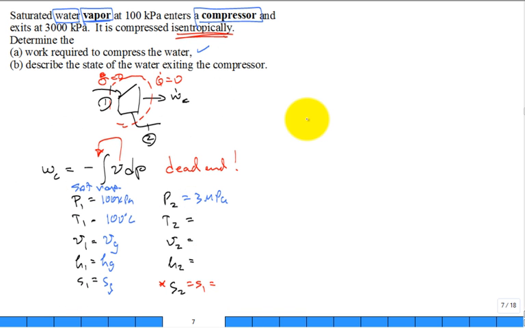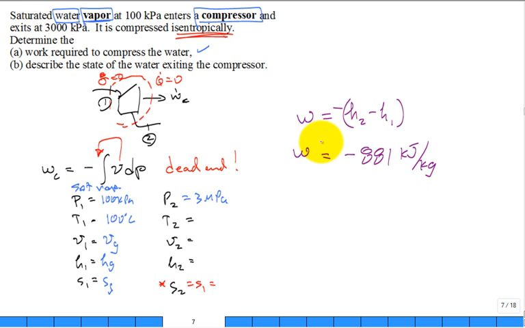So what we do is we go back and answer the question. We find that the work per unit mass, the specific work, is just going to be the exit enthalpy minus the inlet enthalpy. Put the minus sign on it because it's a large negative number. And we calculate for this problem, it's around negative 881 kilojoules per kilogram. That's when you take in vapor. What was it as a reminder? If you took in liquid,